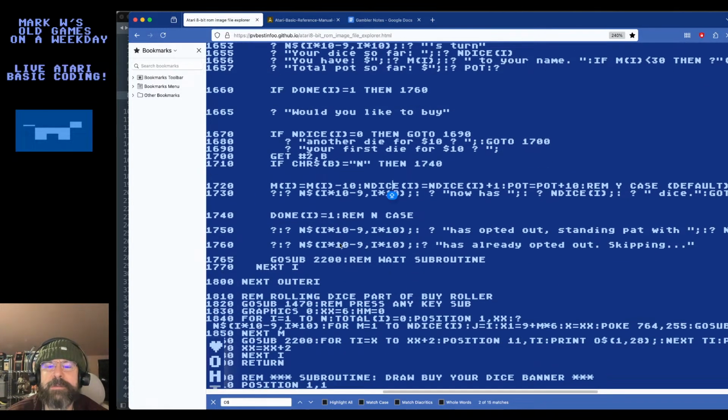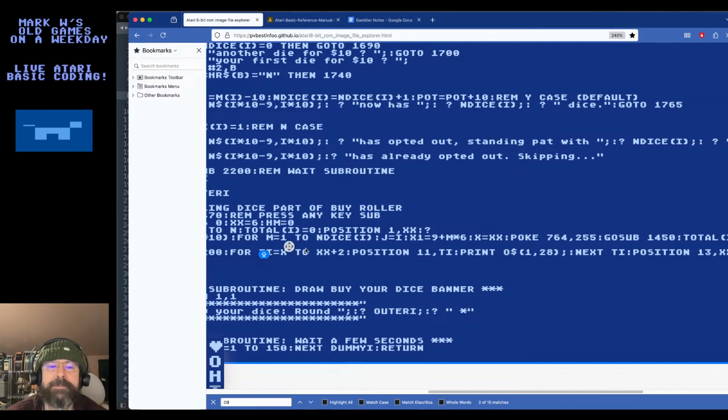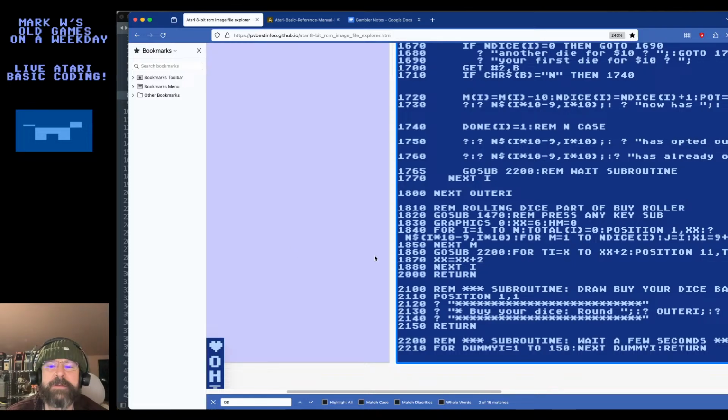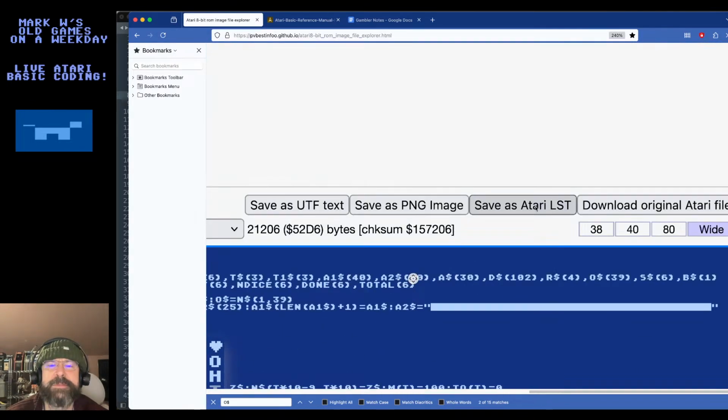Okay, so back to where we were. The rolling dice part of buy roller. Yeah, I guess we can just try it. Let's see what happens. I'm not expecting this to be perfect yet. And again, it's not even displaying the number that you rolled. Let's see where we're at here.